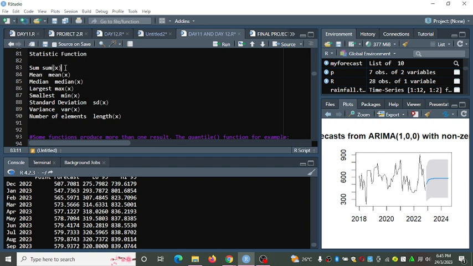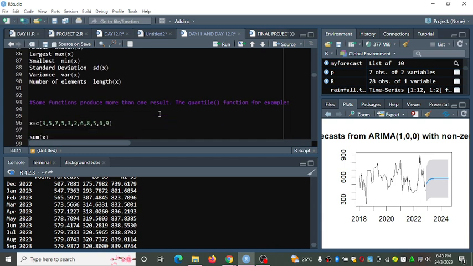We have mean, median of x. For the largest number we use maximum, and the smallest is minimum. Standard deviation is sd of x, variance is var of x, and we use length to return the number of points.